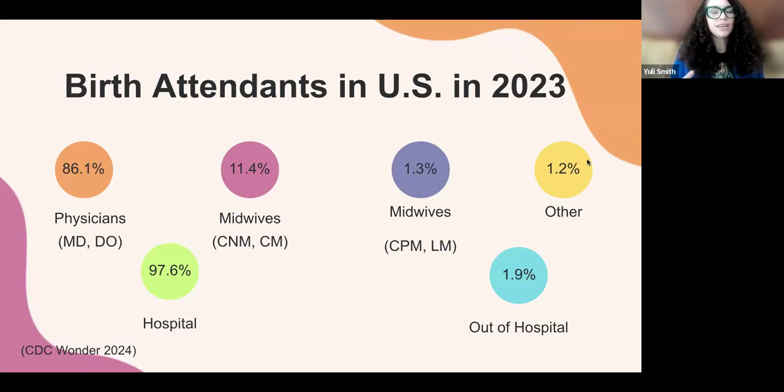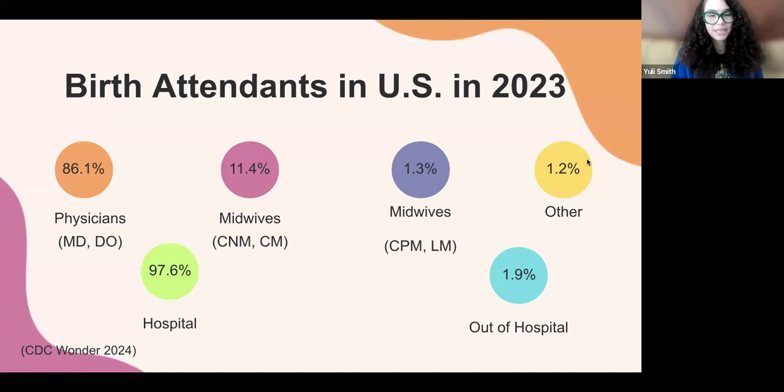I'm also going to be using a lot of abbreviations. MDs and DOs are our physicians, our OBGYNs, our doctors. And then CNMs or CMs are our certified nurse midwives, or midwives that typically have privileges inside of a hospital. When I reference our other types of midwives, CPMs and LMs, that stands for Certified Professional Midwife and Licensed Midwife. In this presentation, when Tristen takes over the other half, we'll be really focusing in on licensed midwives